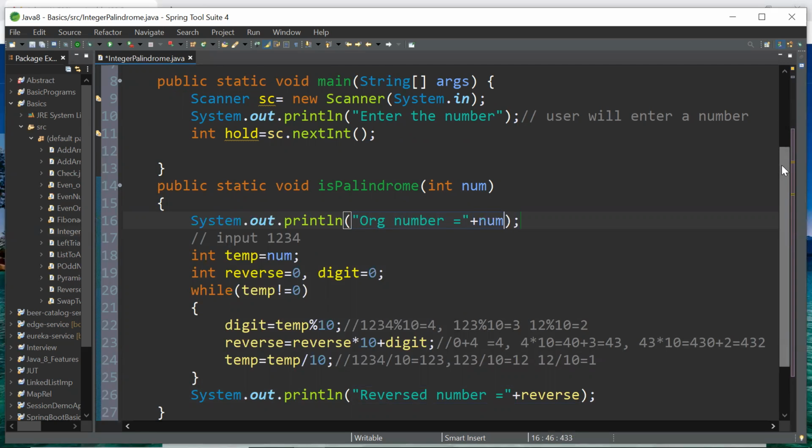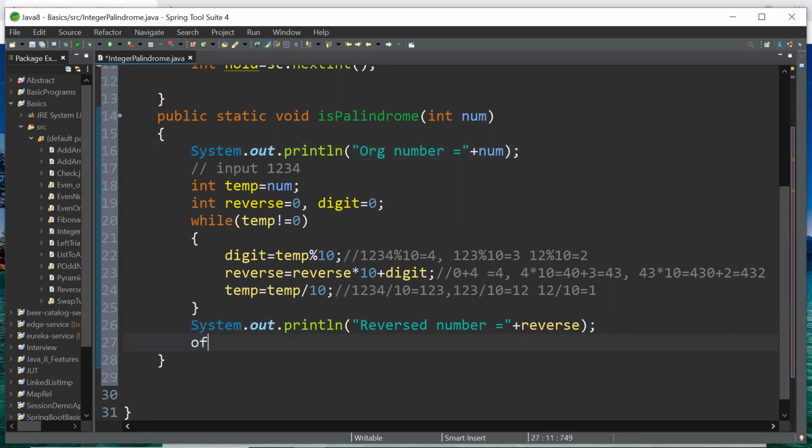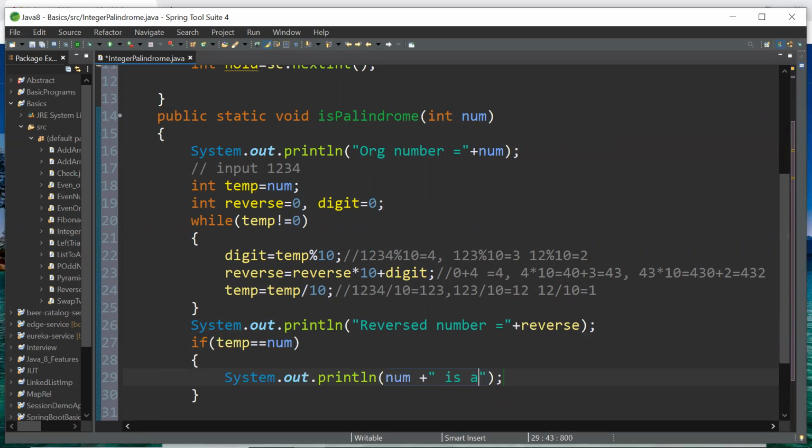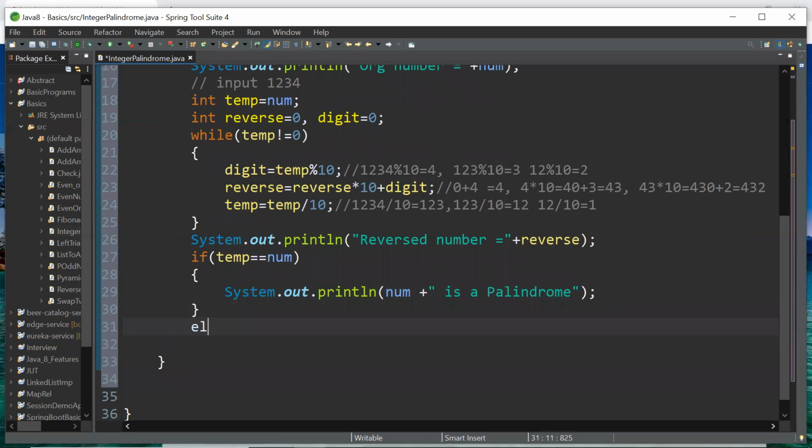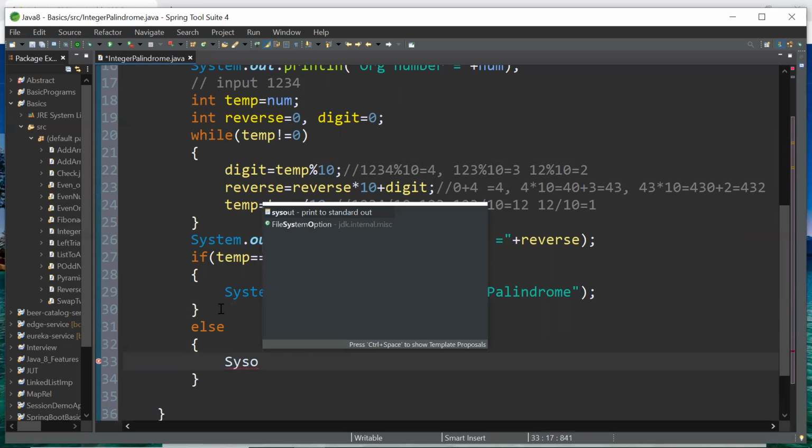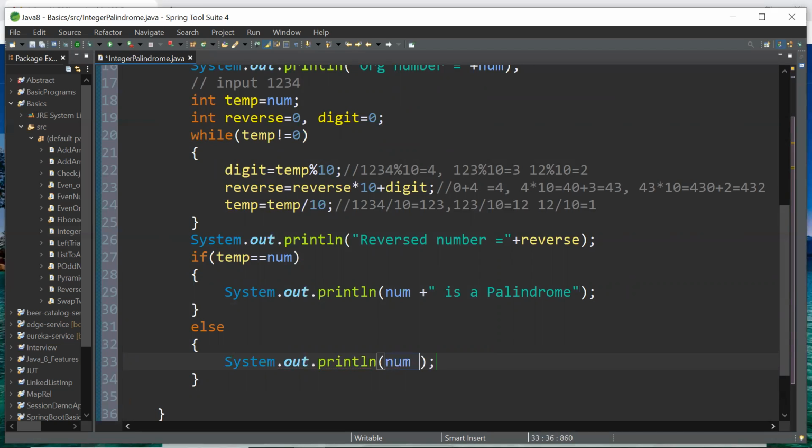Now if my temp is equal to num, it means it's a palindrome. System.out.println num is a palindrome, or else System.out.println num is not a palindrome.